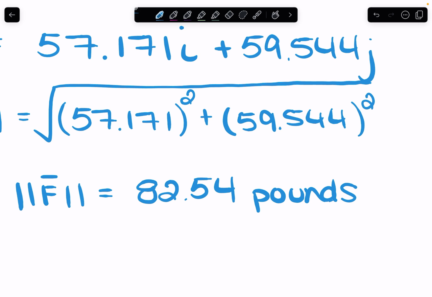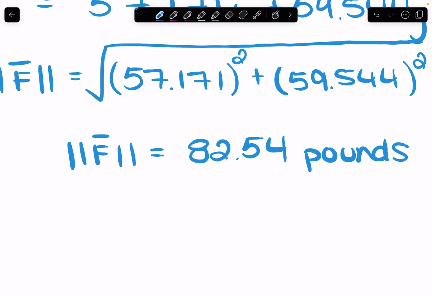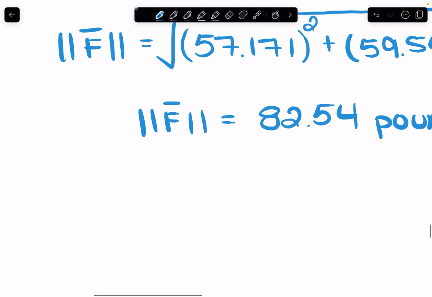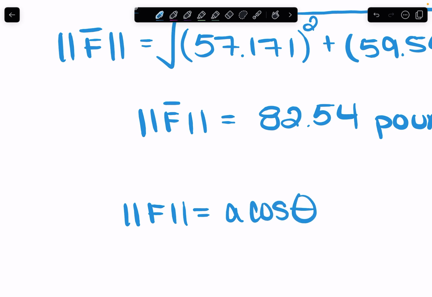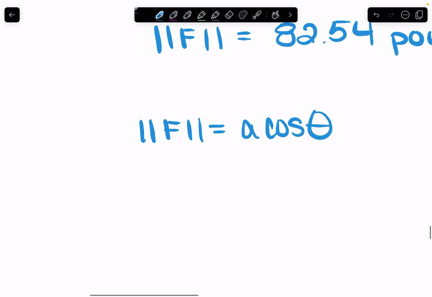All right, as far as the angle. So technically we could use either the horizontal or vertical component. I like the vertical component. So recall the magnitude of the vector is equal to the A portion times cosine. So if we're trying to get theta, I know that the magnitude of the vector is equal to A cosine theta. Well, I have the magnitude and I have A, so I can plug in here and solve for theta. So first thing we would do is divide by the A. So cosine of theta is